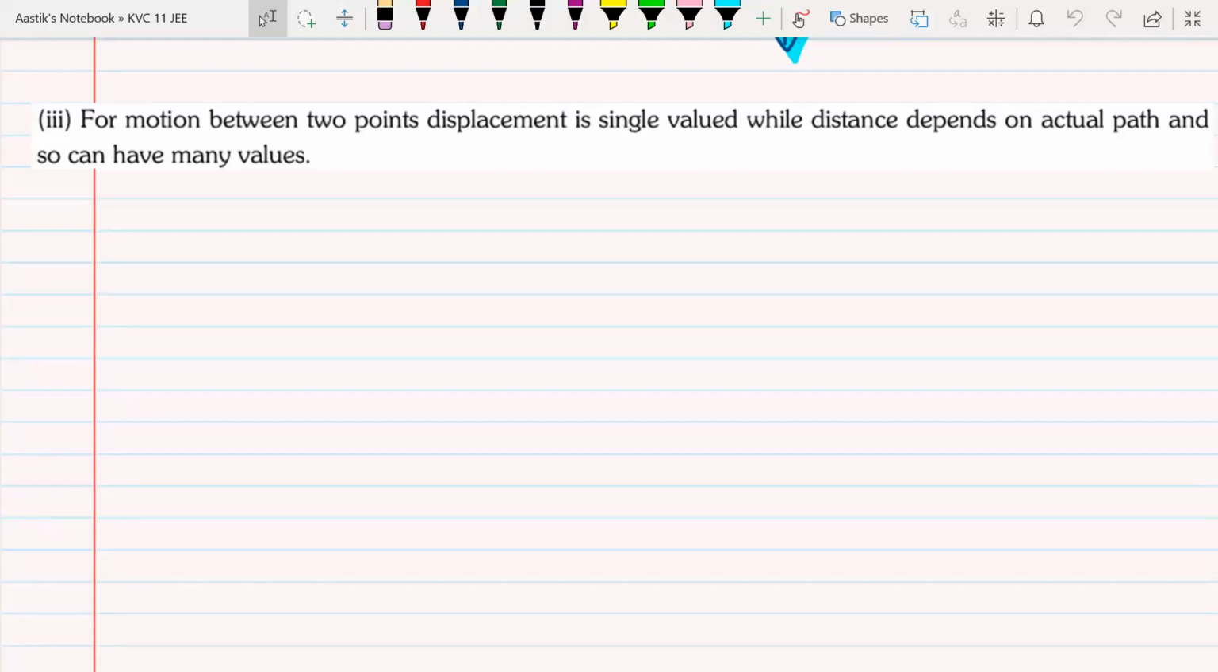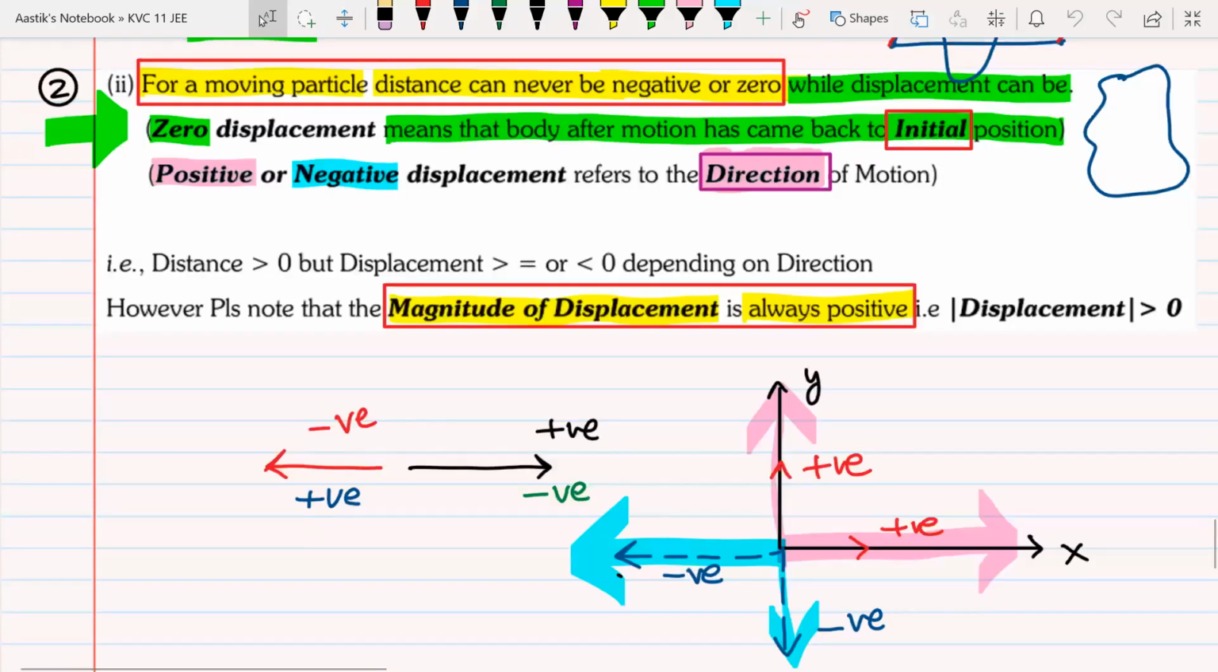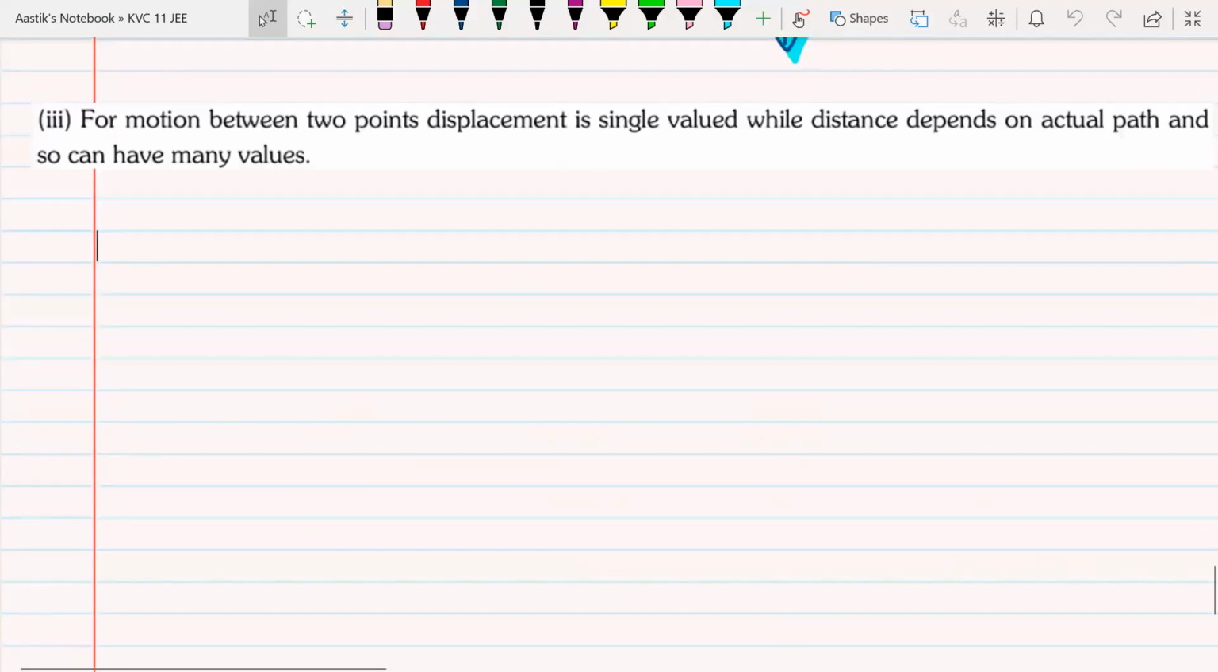Direction. Positive and negative displacement will refer to its direction. Will you remember this? Everyone, yes, sir. Then the next point is, we have seen if a body moves from point A to point B,